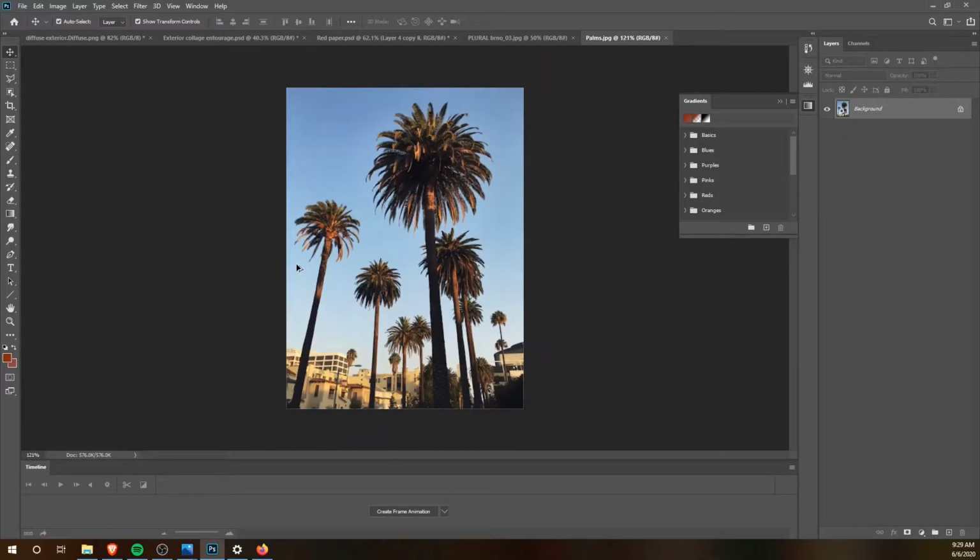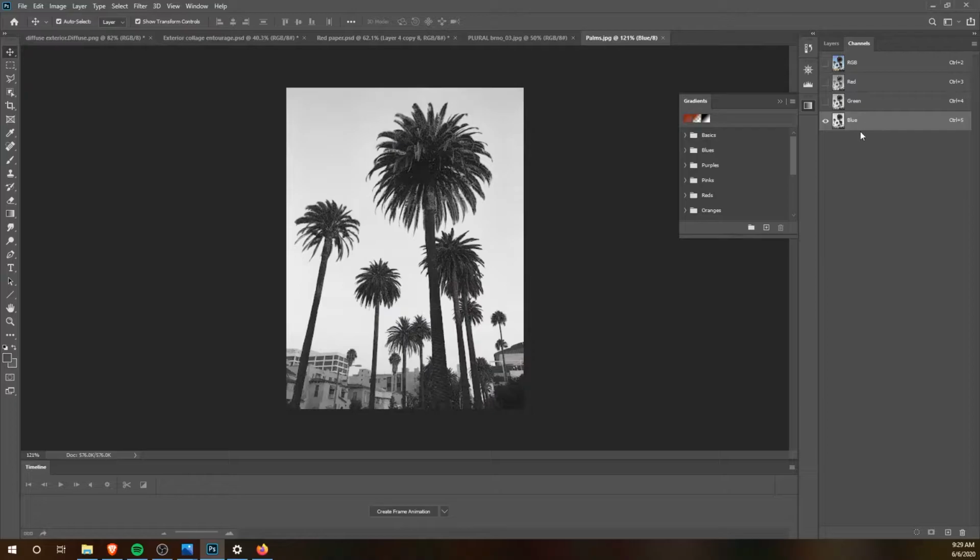But let's look at one way a lot of people use to select trees generally, which is to go into channels. And if you look at the blue channel, for example, what the channels do is white shows where the color is present, and the closer to black means the less blue there is. So here, obviously the sky is very blue, so it's kind of like blocking out the sky, and it could potentially let us easily select the tree, which has very little blue in it. So first we're going to duplicate that channel,